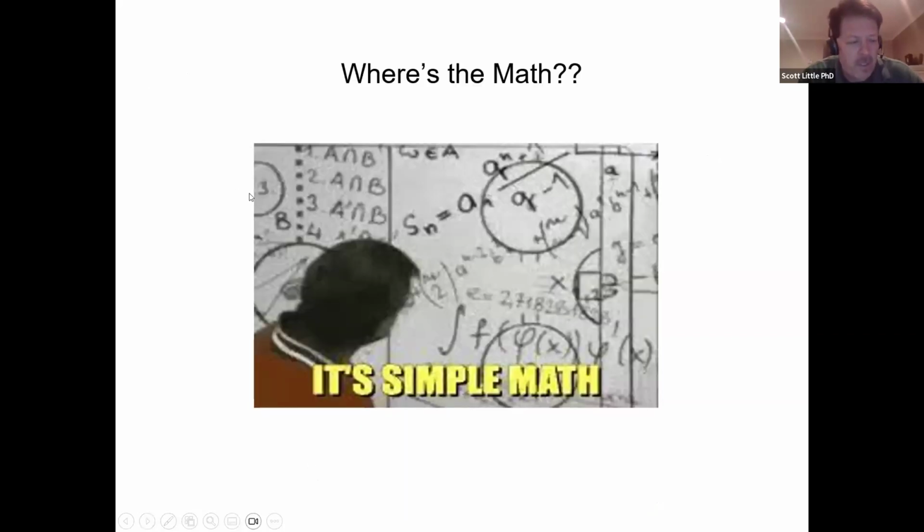Okay, so I'm getting to the last part of this, and somewhere here I had to put some math in. So I'm going to go over some of the math behind it that ties in with the other math and the stuff that I work on, whether it's at Edison, what I teach, and also what I do independently. I apologize, I know for some people that's not really their thing, but I will just do a very brief overview. And if anyone's interested in going deeper, I could definitely do that if you'd like.